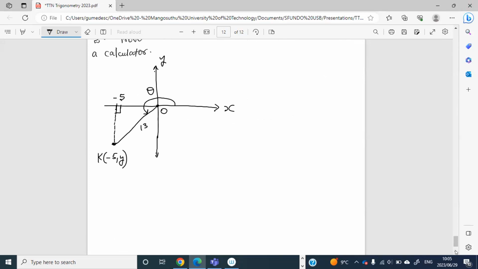And we remember that there is Pythagoras theorem, which is r squared equals x squared plus y squared, right? So what we want is to find y squared. We can make y squared